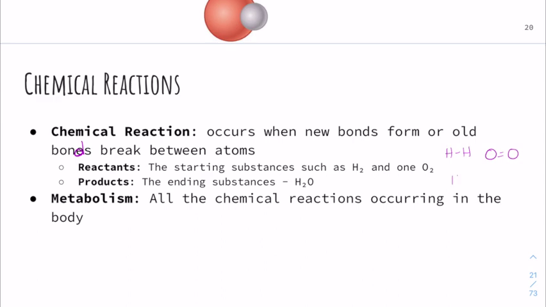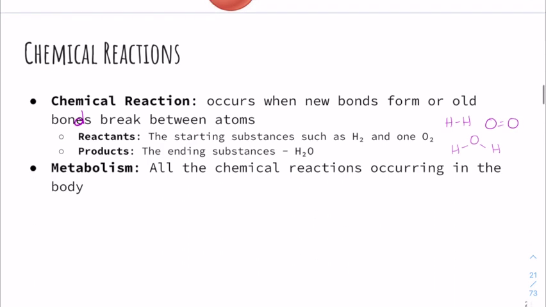And if we think about our metabolism in our body, our metabolism is the makeup of all the chemical reactions that are happening in our body. So the breakdown of food is chemical reactions, the digestion or the absorption of nutrients, those are still chemical reactions all occurring. Those are all a part of what make up our metabolism. So chemical reactions are the form of energy in chemical